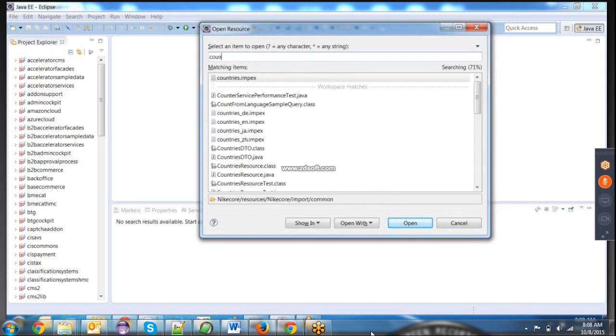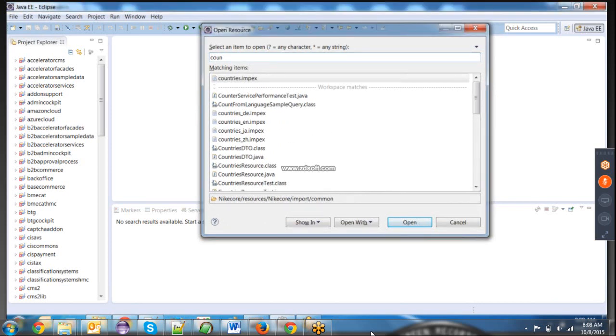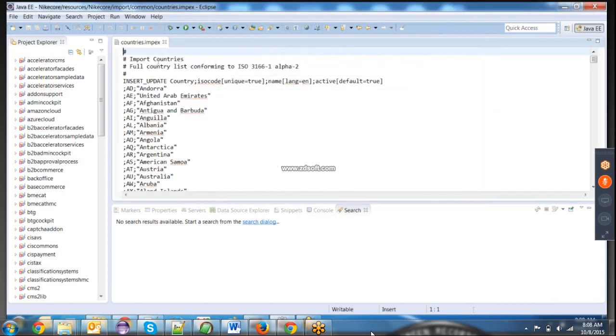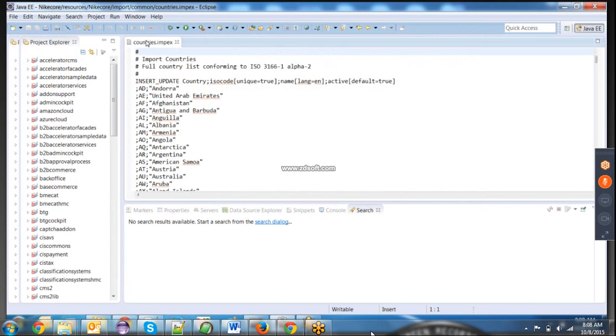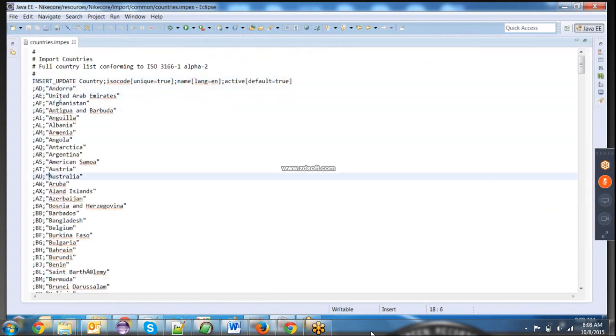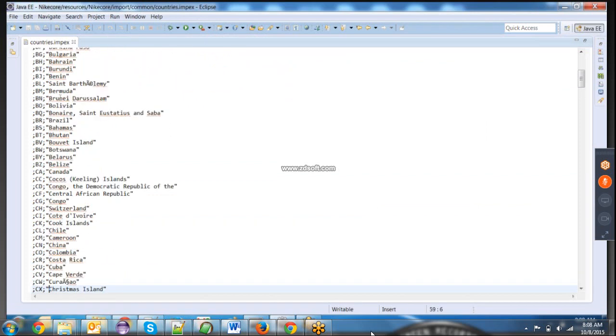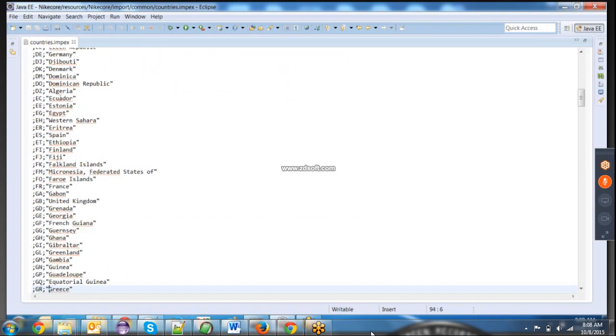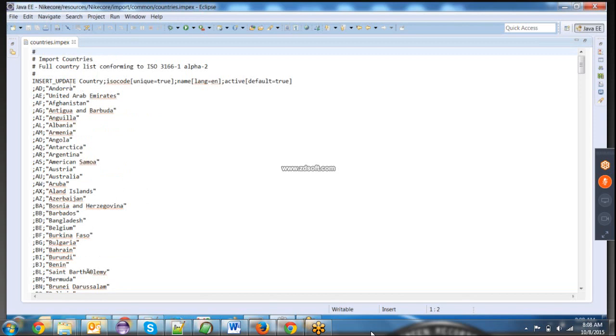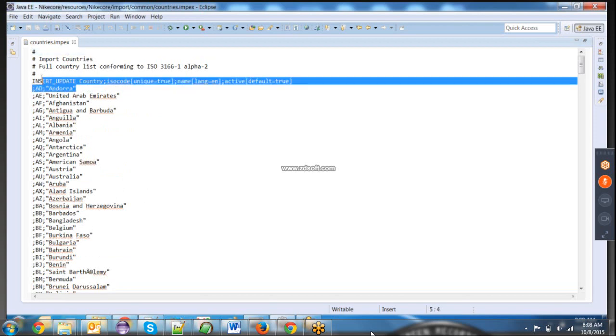Here, if you see, I have something called countries.impex. This is your impex, and you have a header and you have data. This is all your data, and then you have the header mentioned here at the top. This is your header. So what is it trying to say? Let's try to copy this particular